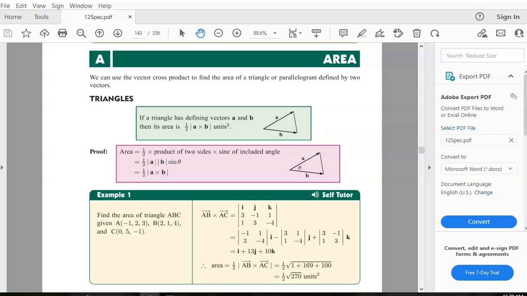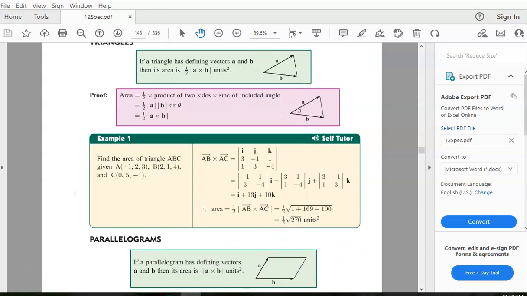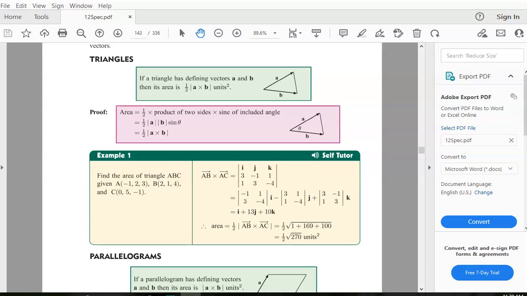But, okay, this one, if you've got a summary page, absolutely pop this on it. I have said before that when we've got our revision guides, or even before you get yours, I've got a photocopy that I can give to you of all the stuff that we have there. I'll probably find one and pass it around in a minute. But if you notice, what we just looked at was we can use the cross product of two vectors to find the area of a triangle. So formula, it's just this standalone little, we can use it, area of triangles,